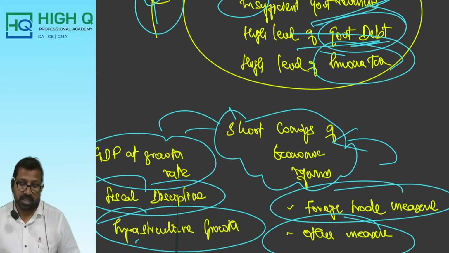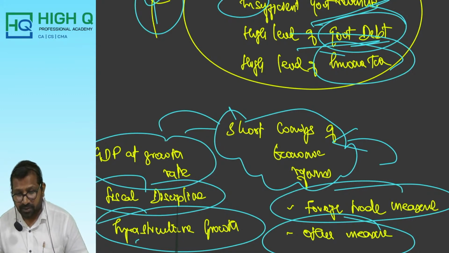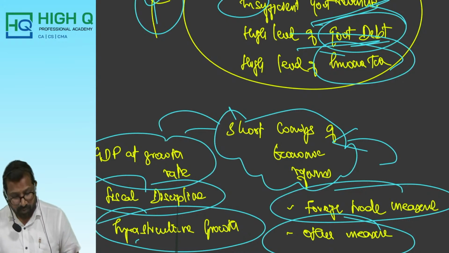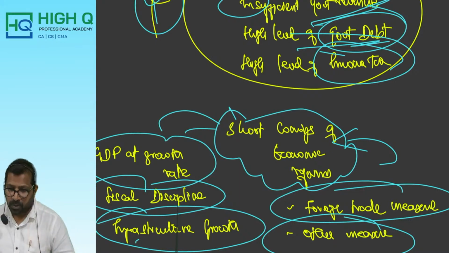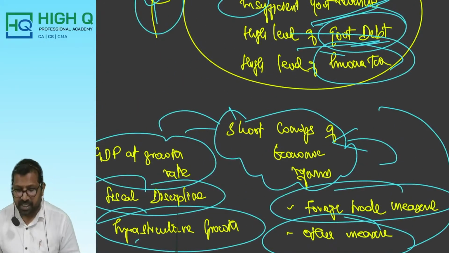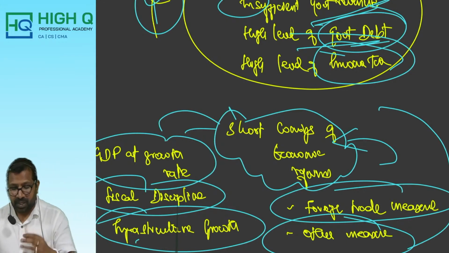shortcomings of economic reforms. So they will ask the question: shortcomings of economic reforms include A, infrastructure growth, B, foreign trade measures, C, fiscal discipline, D, all of the above. Now the answer is all of the above. So in such a case, all these headings are very much important to remember, okay, for the concept of shortcomings